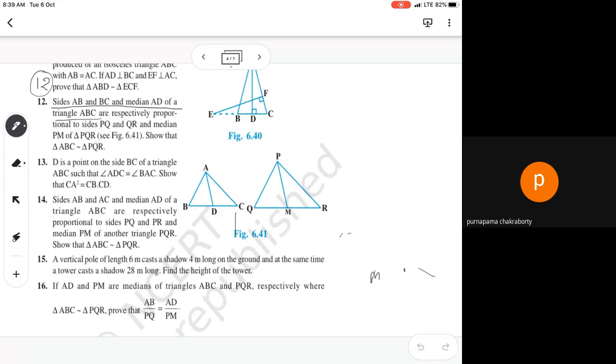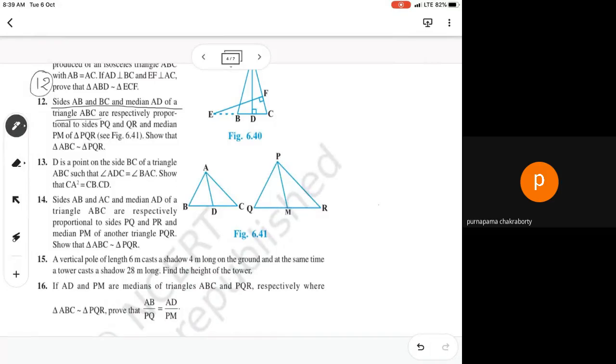Now the 12th problem we have completed, and the 12th and the 14th problems look similar, though they are not the same. Did you get my point? Is the presentation visible to you? What is the difference between these two problems? Try to observe. The 13th problem is very simple. I will not even discuss it; complete it as homework.